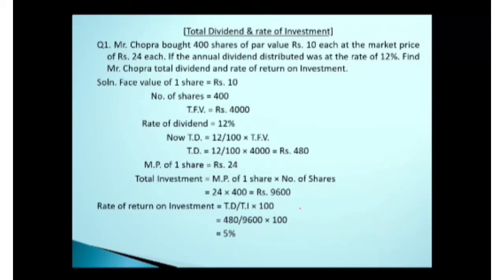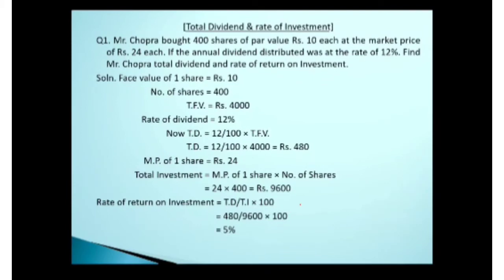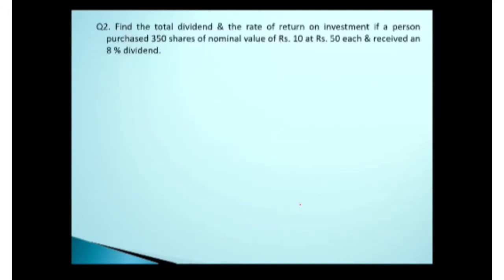So this is how the problem has to be done with respect to the total dividend. So we move ahead after this and let us see a similar kind of question that will be given again. The procedure will be the same as what we did in the first question. You have to go in the same sequence and then we'll come up with the answer. So let us go to question number 2 and see how it is to be done. I go with the next question now. Question number 2, you can see on your screen now.